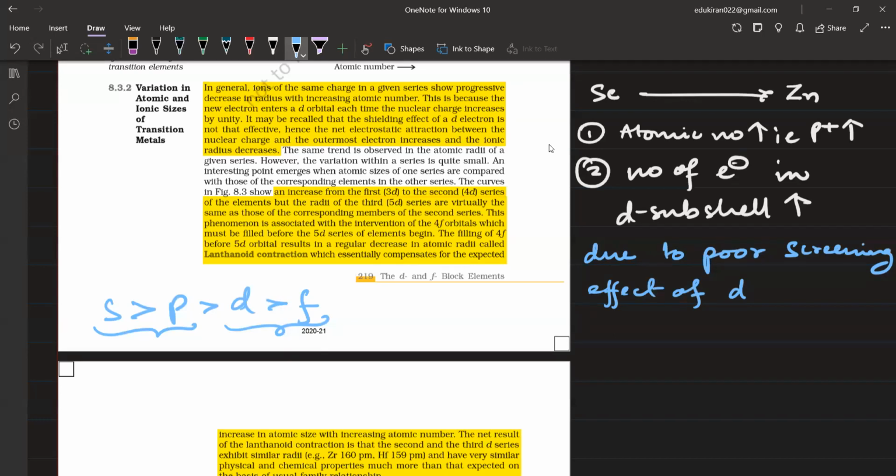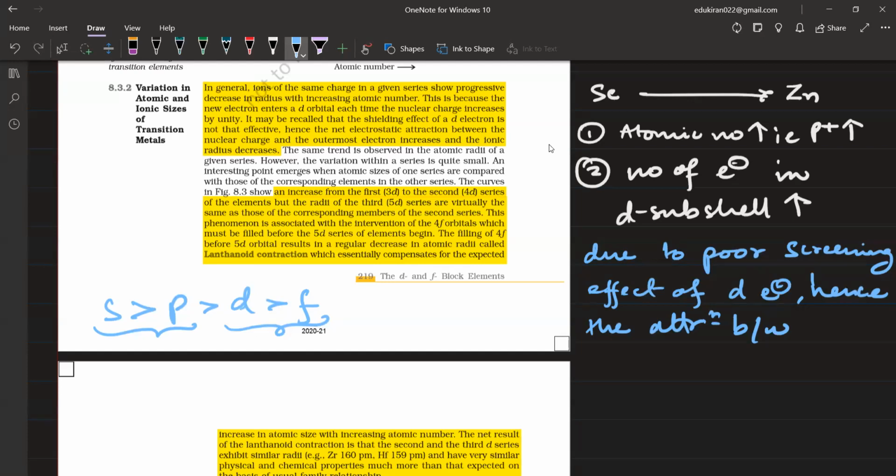Hence, the attraction between... देखिए प्रोटॉन तो इंक्रीज कर रहा है लेकिन ये शील्ड नहीं कर पा रहा है ना. So if it cannot shield, that means proton is going to have a larger attraction. Hence, the attraction between protons and outermost electron,